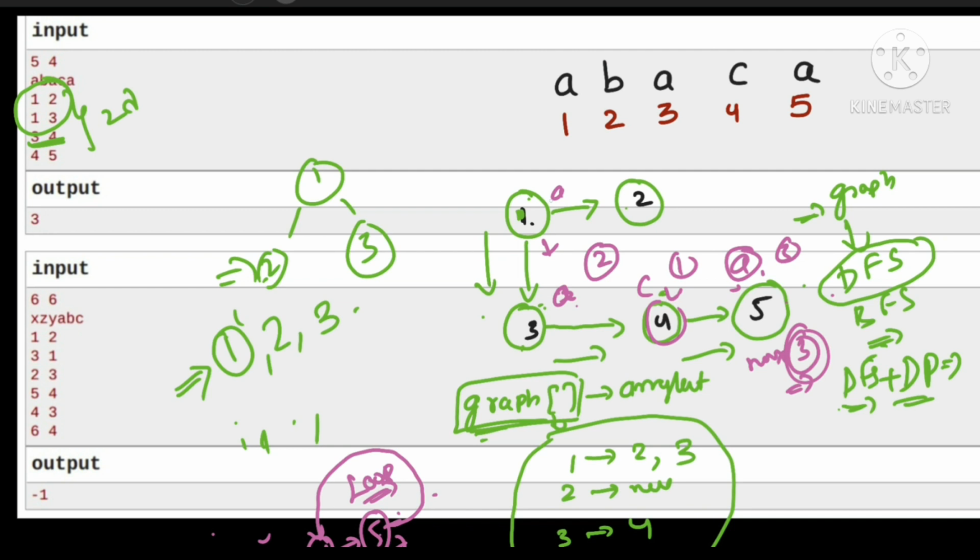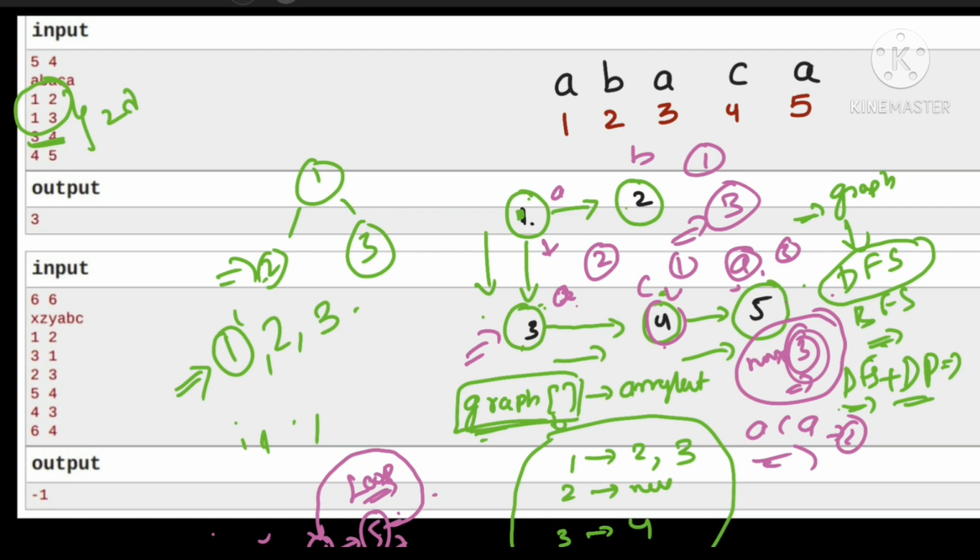And again I will be starting with node number 2. This path also I will explore, and the frequency will be at most 2, so the max of 1 and 3 will be 3 again. So my answer will be 3. And again I will be starting with 3. Here I will be exploring 4, so A, C, A, that's what I will be exploring. Here max is 2, still my max of 3 is greater. So DFS at 1 is yielding the maximum value, then I return. At any point of time, if I encounter a node that I already visited, then I directly return -1. That simple it is.